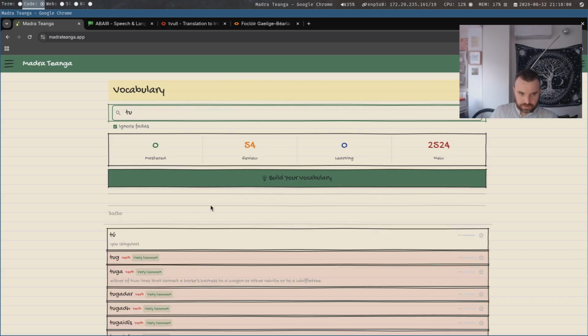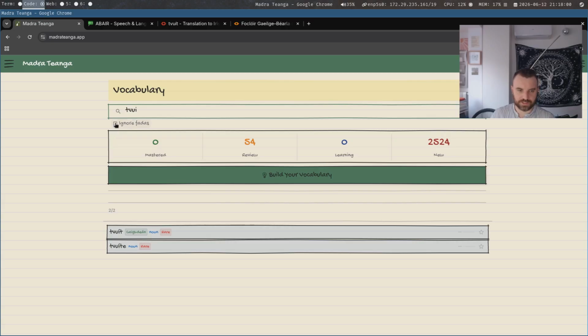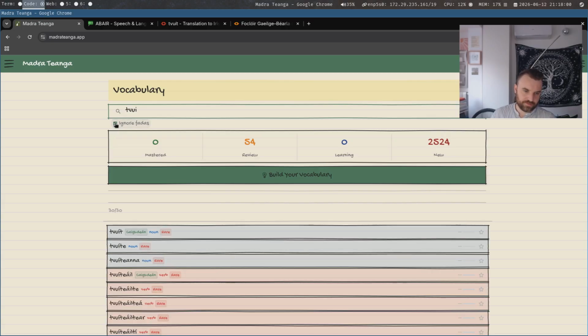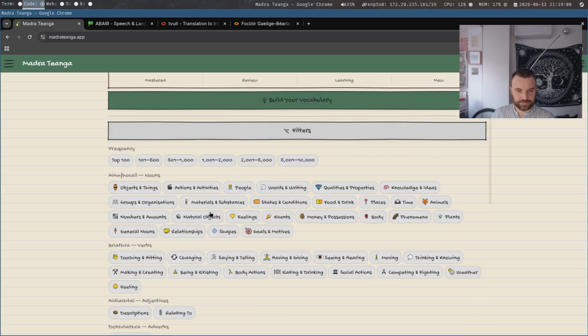And let me turn off the filter so we can see this live. Yeah, you can see that came up there. And if I do this, ignore photos, and then if I say follow photos, it's still showing up. Interesting that there are different results, but not the different ones you might expect. But yeah, you might want to just do filters. So, frequency bands. So like top 100, top 500, and then up to your thousands.